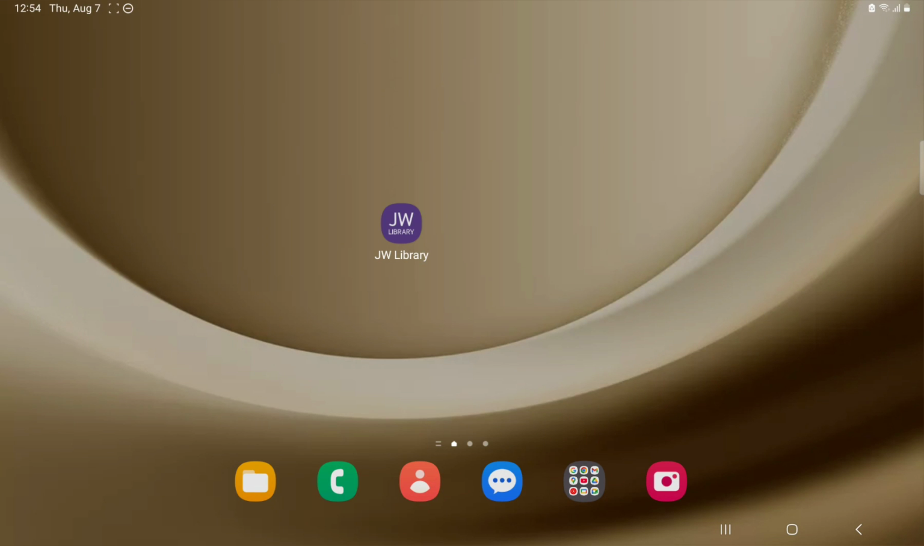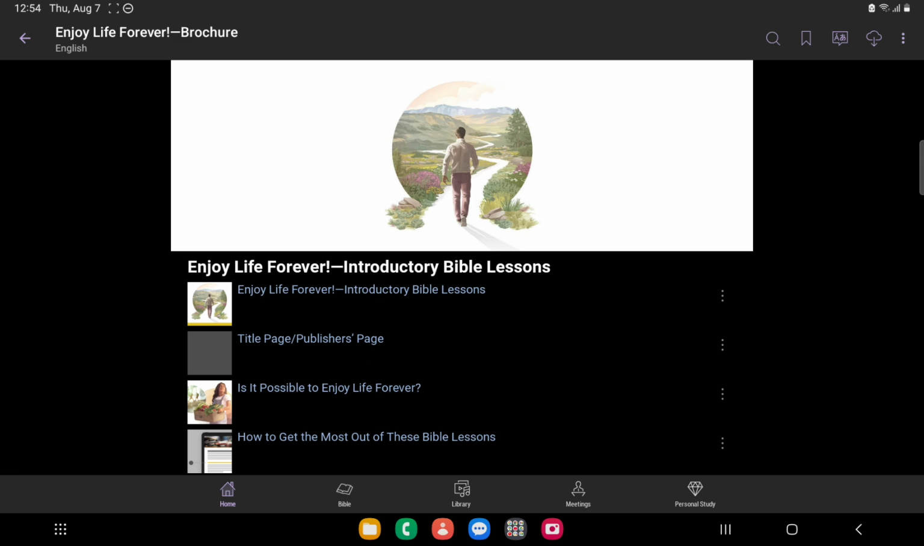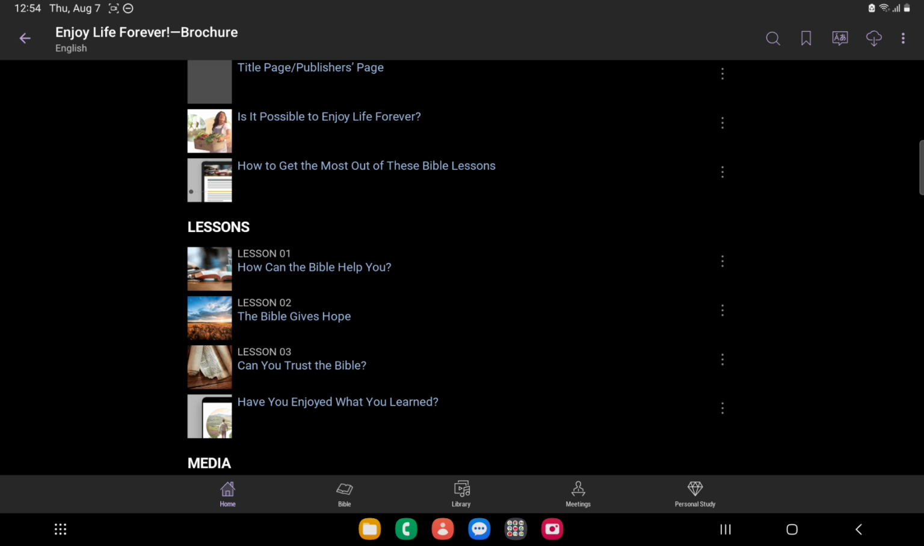Hi everyone! In this quick tutorial, I will show you how to add a note in a material in the JW Library app. So just open the app and find the material you are reading,